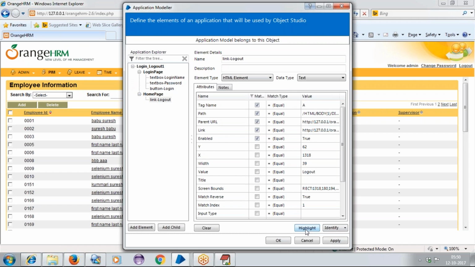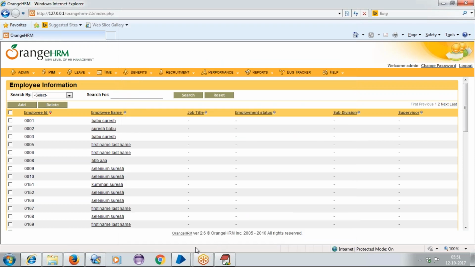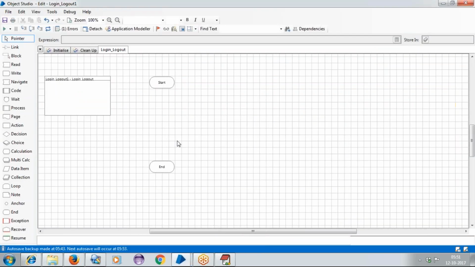So before clicking on this, make sure whether it is identifying or not here. Now everything, whatever we required, we have been getting those particular objects identified here. You can see how exactly we are maintaining it. If you maintain like this, in future your maintenance can become very easy. These are some standards that need to be followed whenever you are maintaining the objects here. Now let me click on apply and then OK button. Right.